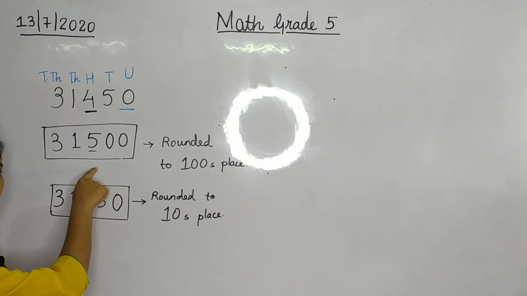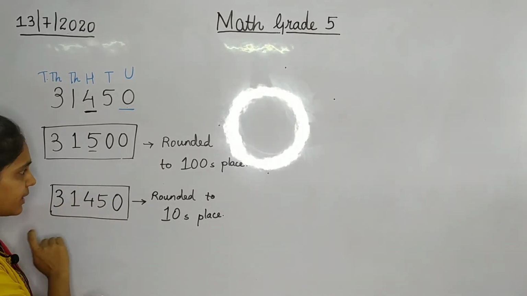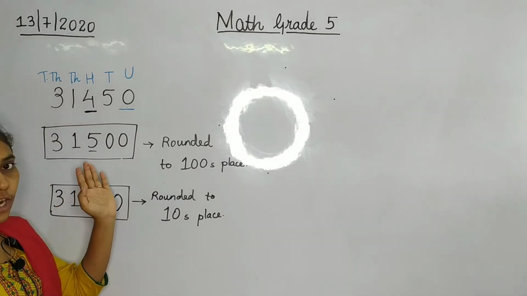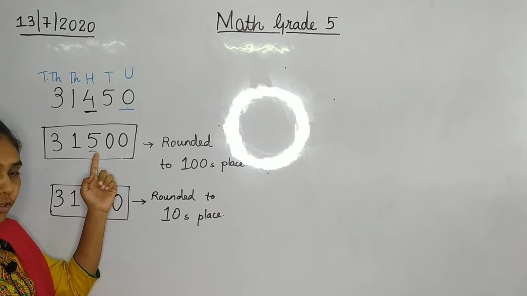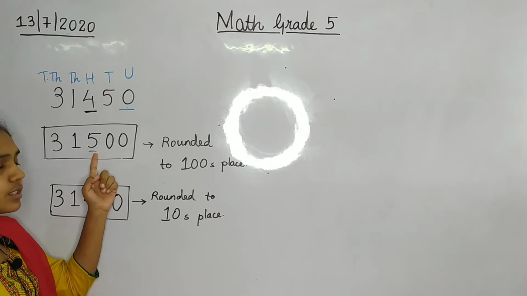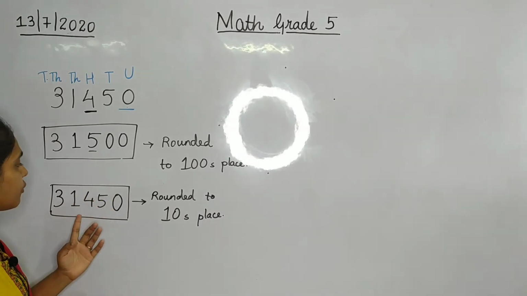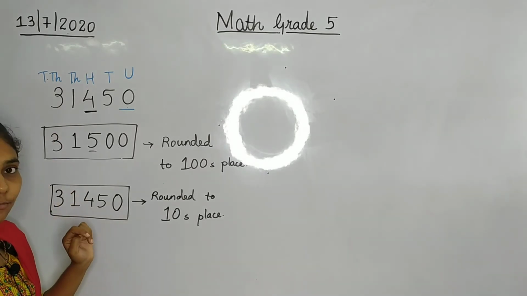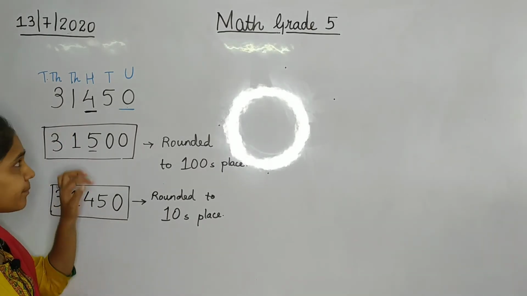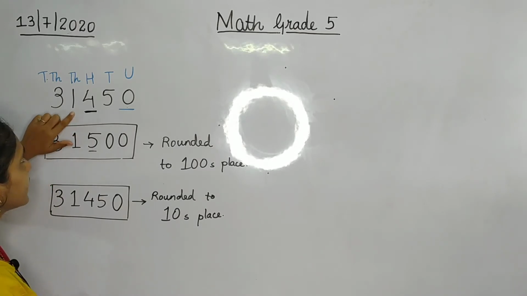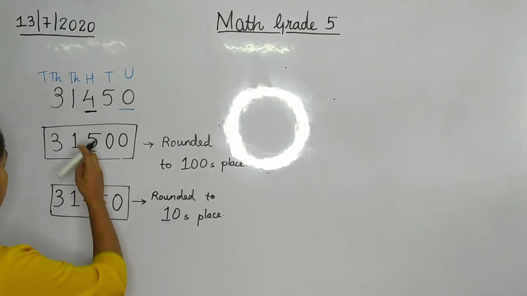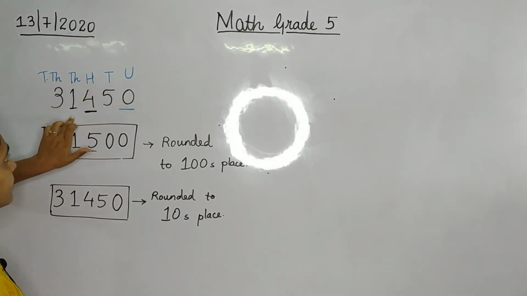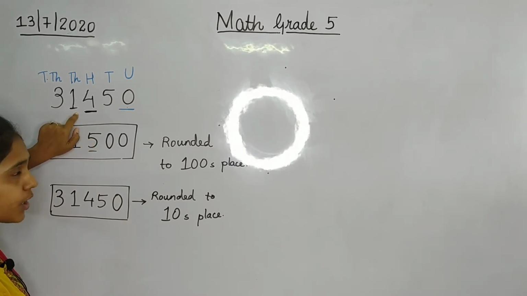How to round off a number to its hundreds place, how to round off a number to its tens place, and now we see rounding off a number to its thousands place. So it is similar. To round off a number to 100, we have to see the number in its hundreds place. To round off to tens, we see the number in the tens place. And if it is for 1000, then we have to see the number in the thousands place. Okay. So here, which number is there in the thousands place? It is 1, right? So number 1. So we have to round off this given number to its thousands place. Okay, till 1 we have to round off.